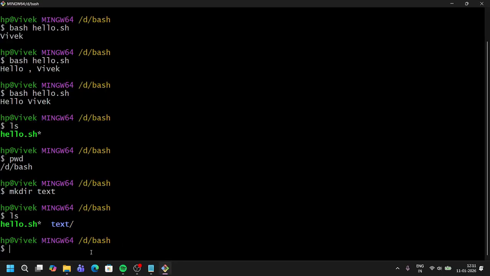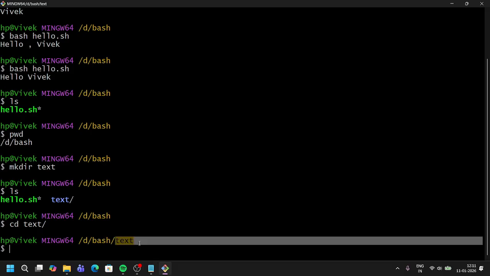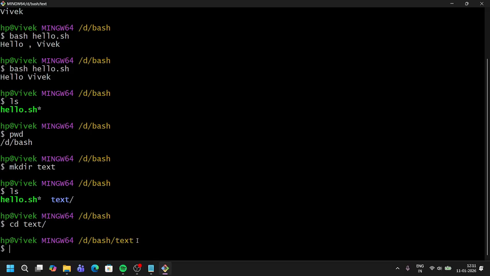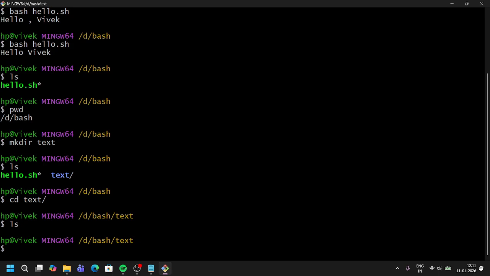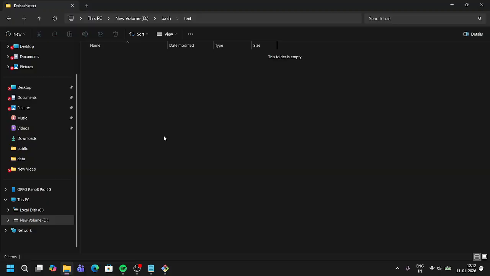Now if I want to move into the test directory, we can use cd and just use test. Now we can see the current directory path is d bash, and this is the directory. If you use ls here, nothing is showing, because in the test directory there is no file or folder.